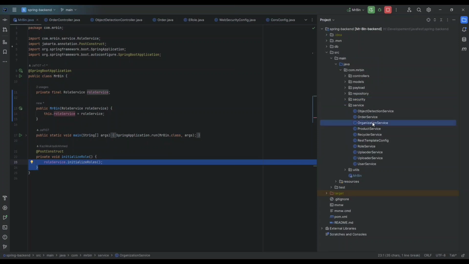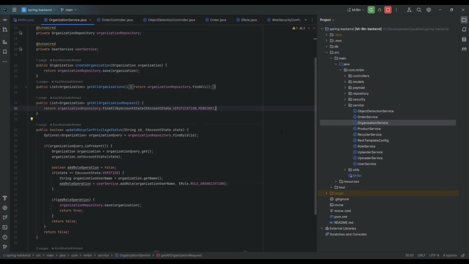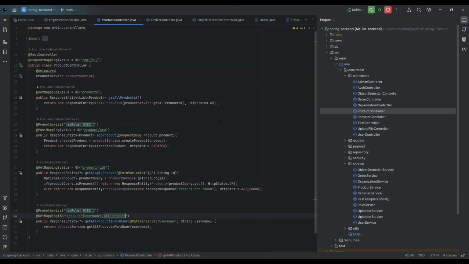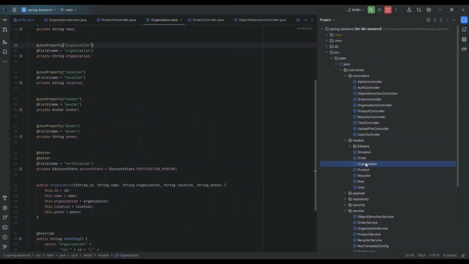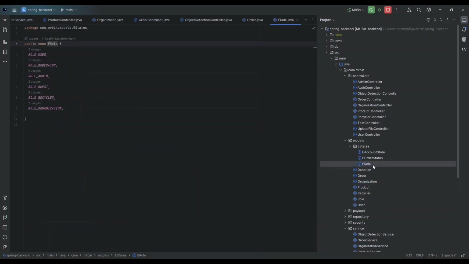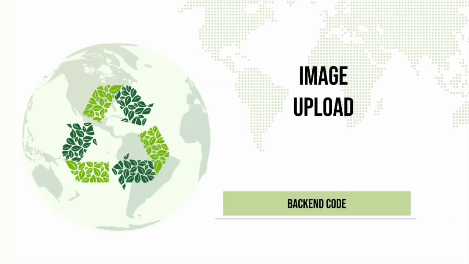The service folder holds all the business logic used in this project, and the controller folder holds all the control logic that we used in this project, which also holds the endpoints that the client can request. The model folder holds the data models that we used in our project. We've also organized the enums that we used into the eStates folder inside the model folder. For file uploading, we've implemented a structure that enables us to upload a file or image directly from the client while doing all the backend validations. Let's go see the workflow for file uploading.